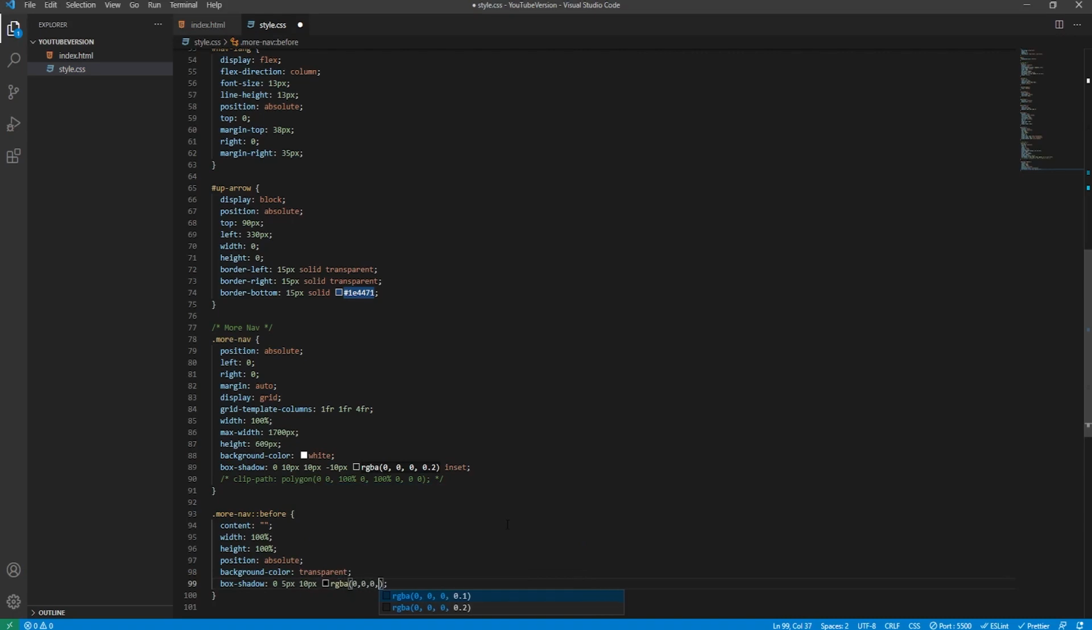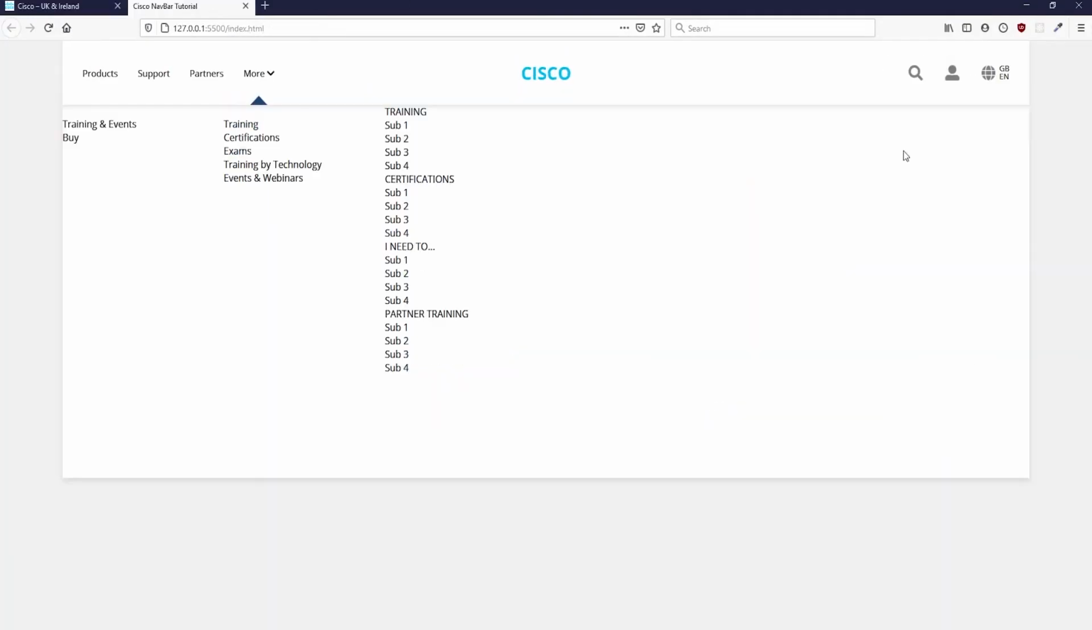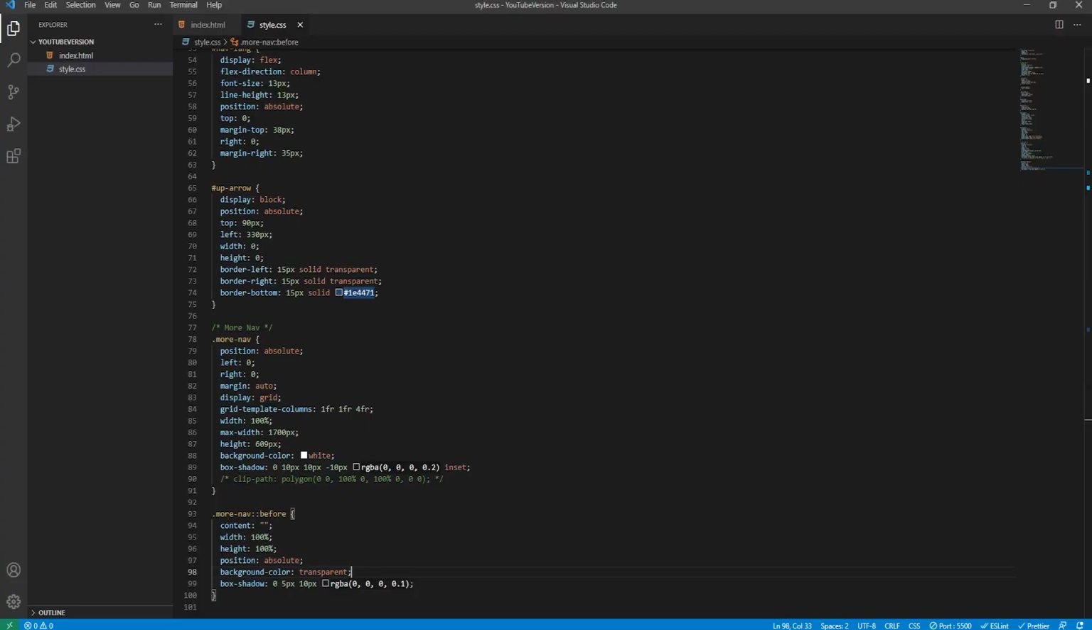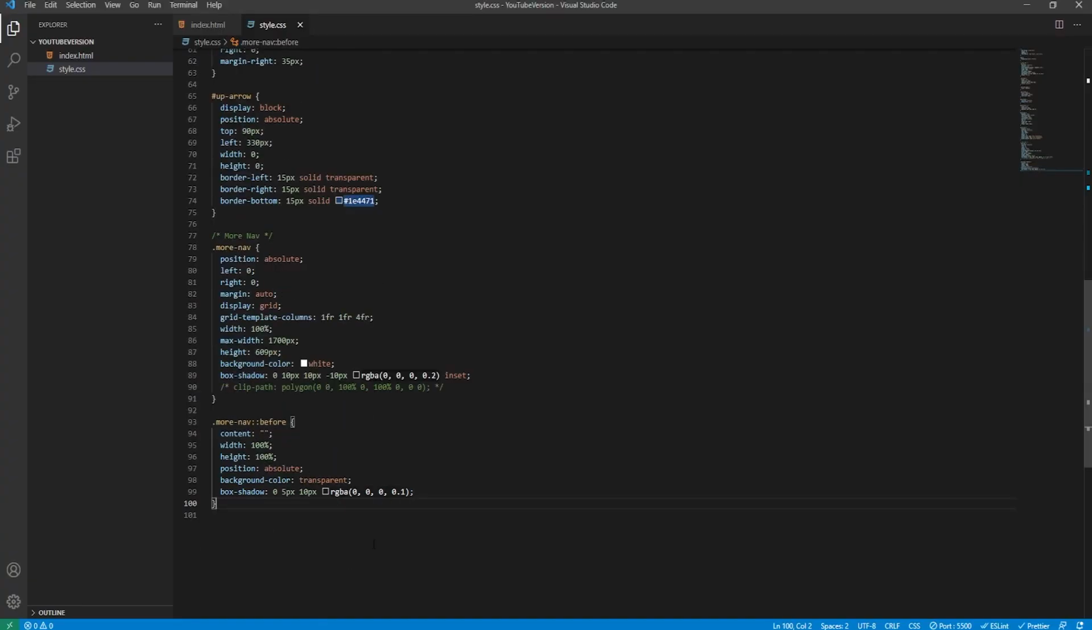So black and then 0.1 opacity. So now it will be displayed everywhere on the outside apart from the top. As you can see, it's very faint, but you can see it. It's looking good. And what we'll do now is we're going to create an ID for the overlay, which